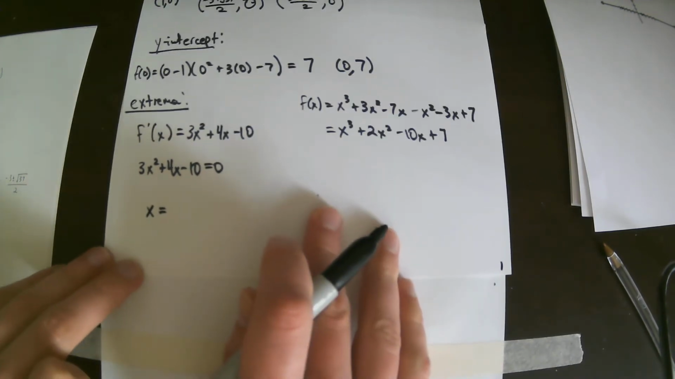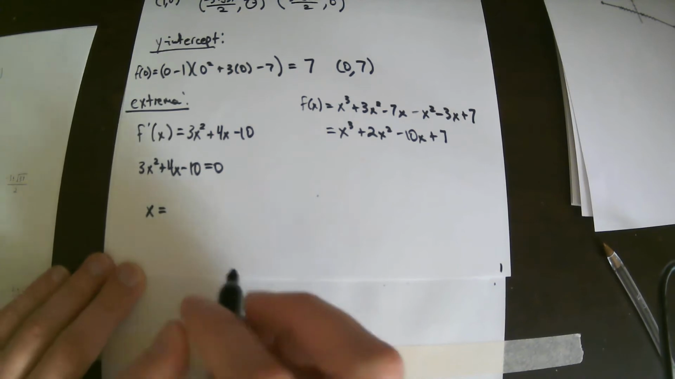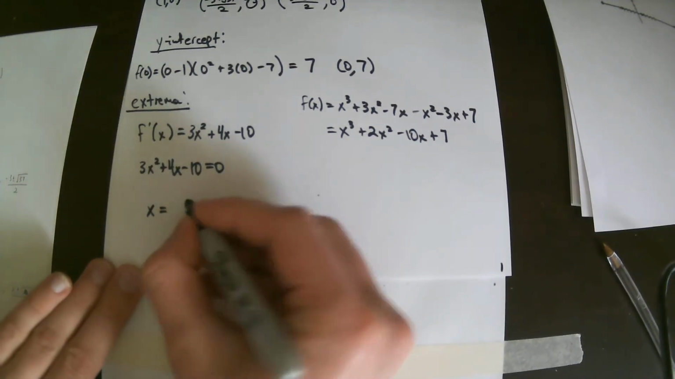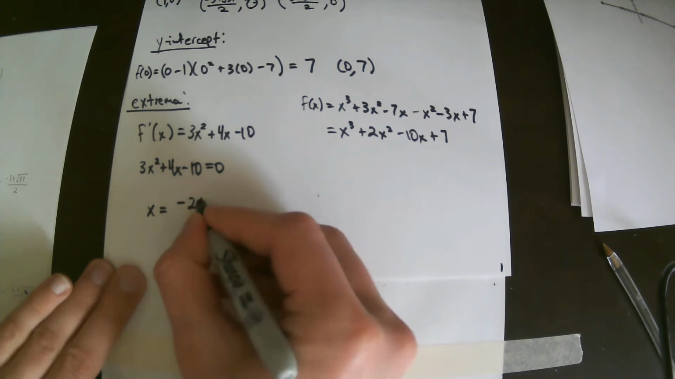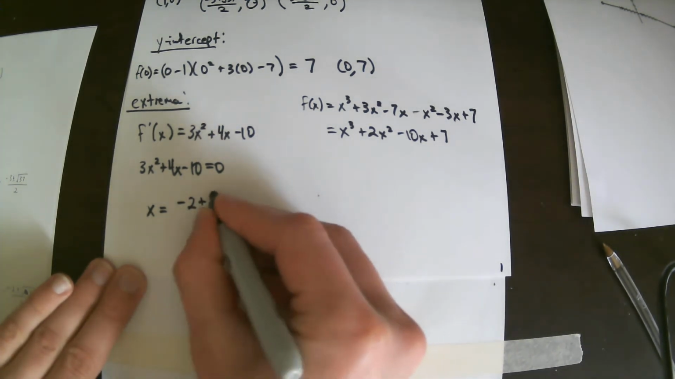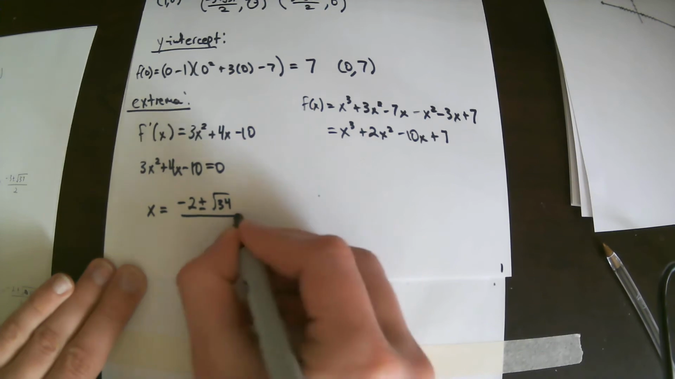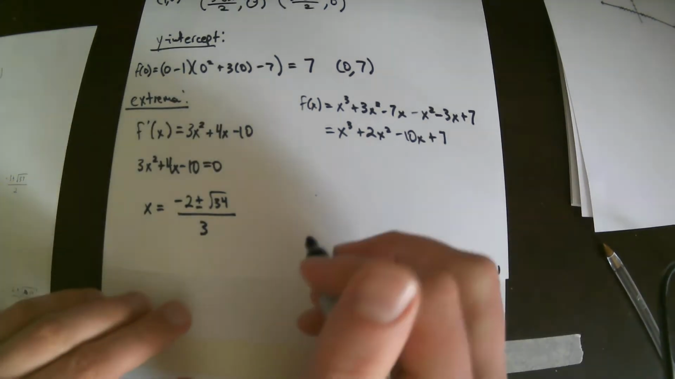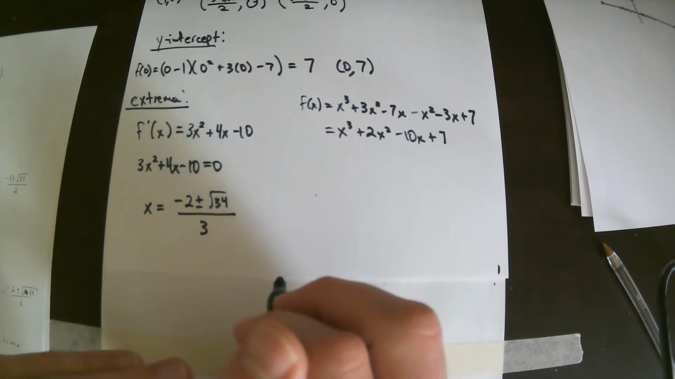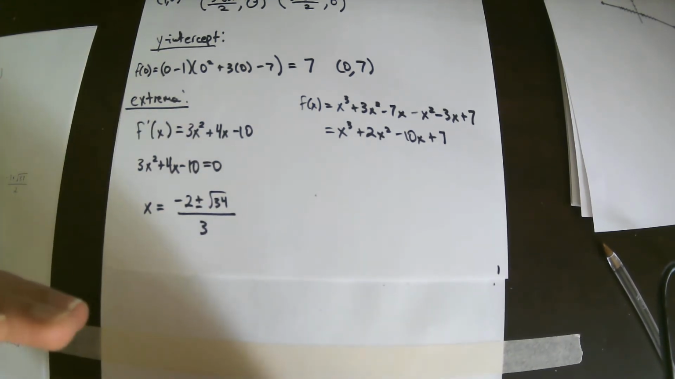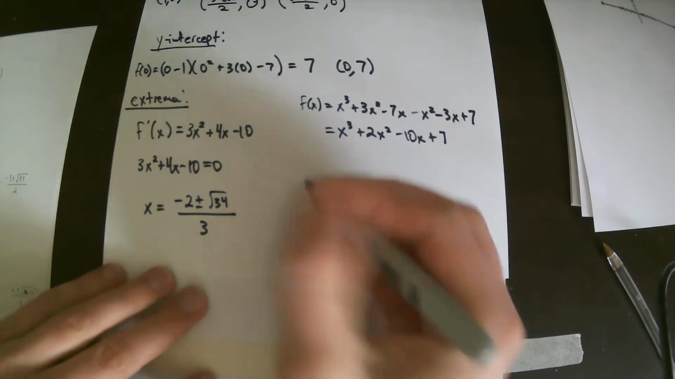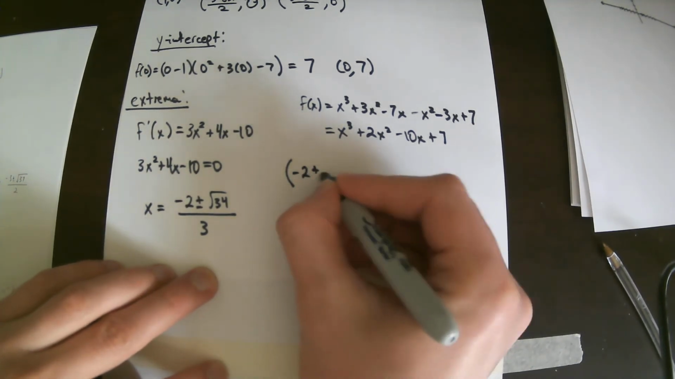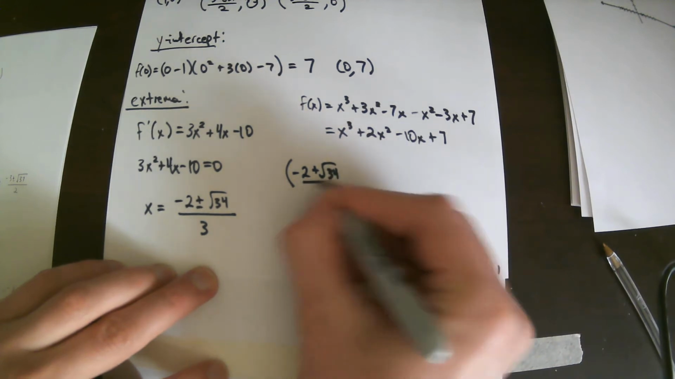And I'm trying to make this video not super long, so pause the video, go run the quadratic formula, and you should end up with negative 2 plus or minus square root of 34 over 3. These are not x-intercepts, right? But these are extreme values, max or mins. Okay. So my first possible max or min is negative 2 plus root 34 over 3,